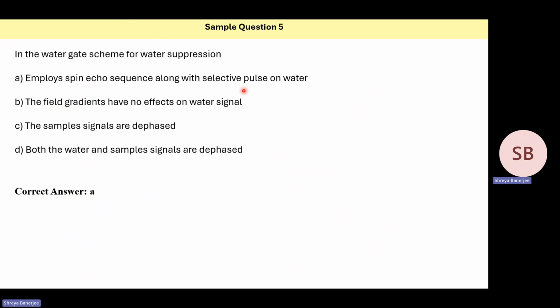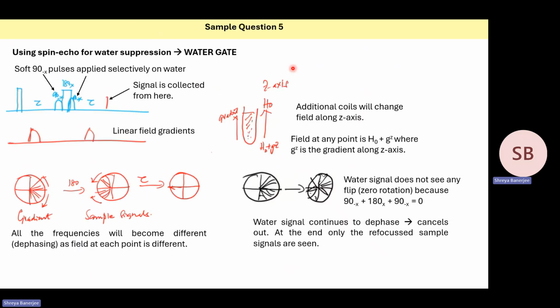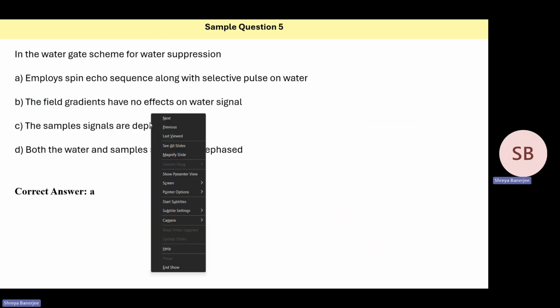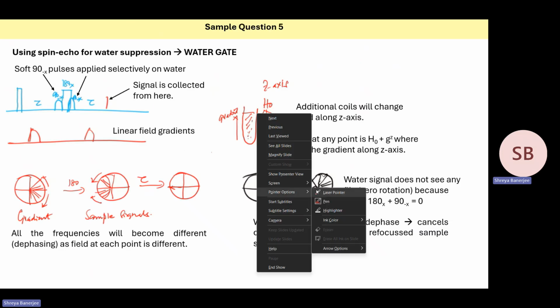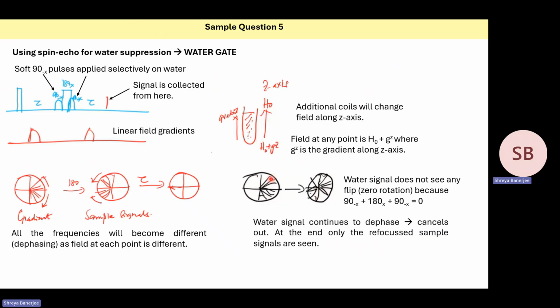What does the first option say? It employs a spin echo sequence along with selective pulses on water. That is true. You have the spin echo sequence 90 tau, 180 tau, and you have selective pulses on water. So option A is correct. Option B says field gradients have no effect on water signal. Now that is not true, because